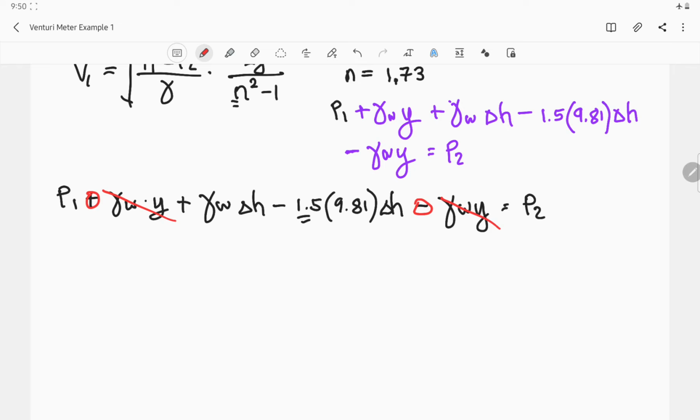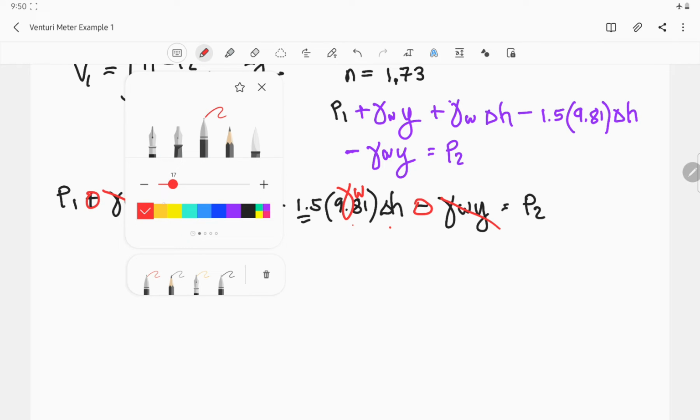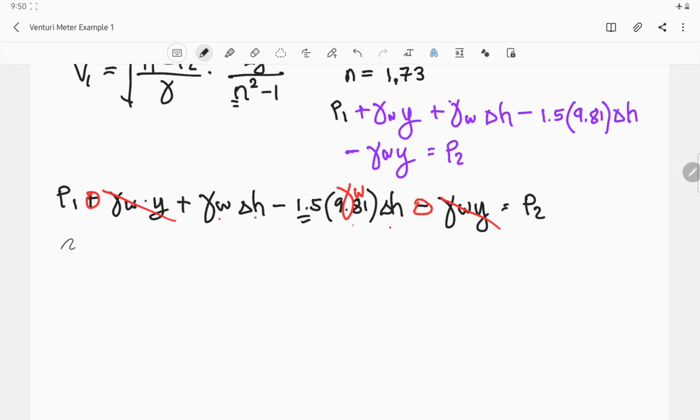So what remains in the equation is this one, delta H, gamma of water. Actually, we can write this Y as gamma of water, that's 9.81. So, rearranging this equation, P1 minus P2, we move them to the right. So, that's 1.5